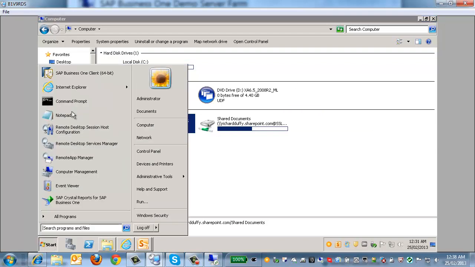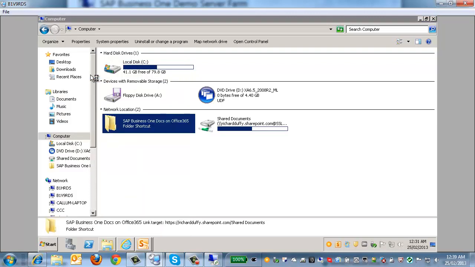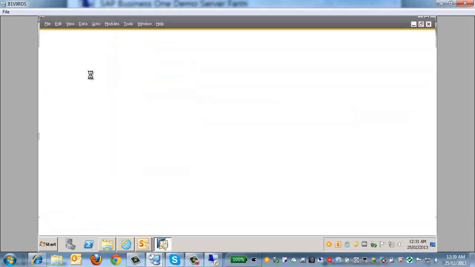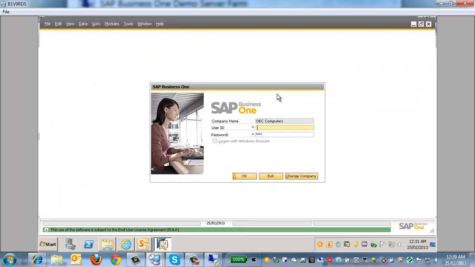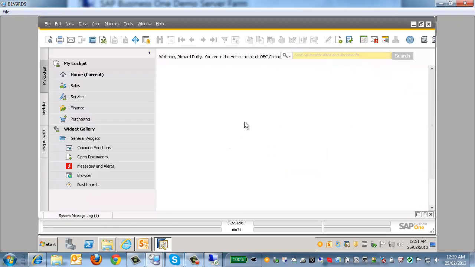Our next step is to go into SAP Business One and point our shared folder to that location. So let's just start up SAP Business One. And as I said, I'm using version 9. I'm using the 64-bit client. So we'll just start that up. And again, remember, it doesn't matter if you're using this in the cloud or you're using it on a local PC, exactly the same process. So I'm going to log in. Alright, so now you can see I'm in SAP Business One version 9, and this is what we call our